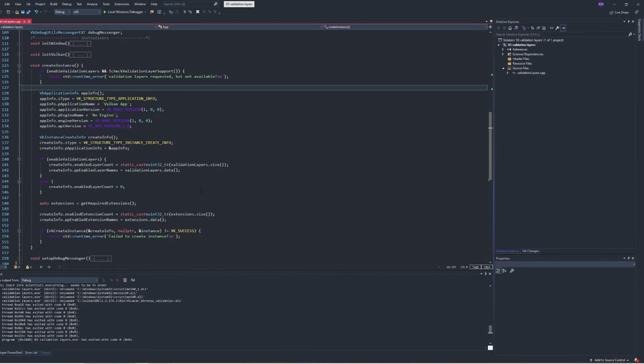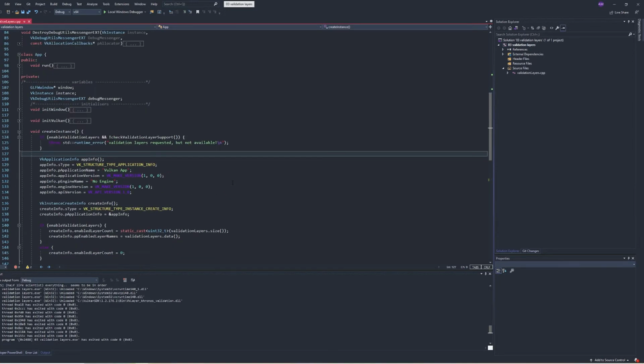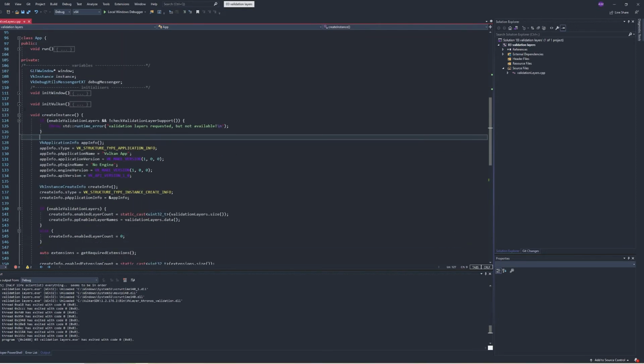Okay, great. So at this point, if we run it like this, then we will have validation layers working, and by default it will print things out to standard out, and it has its own default messaging. But we might want a little bit more control over where messages are sent and the type of messages that are sent and everything. So we are going to define a callback function